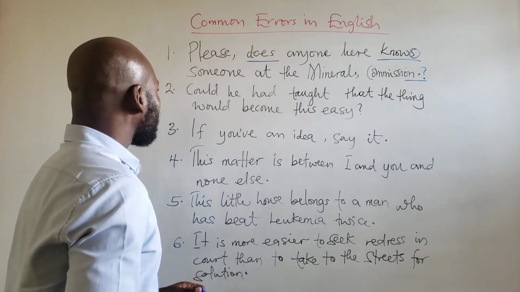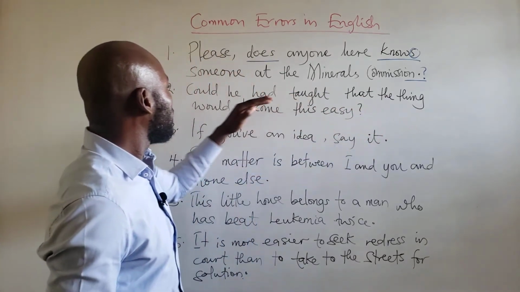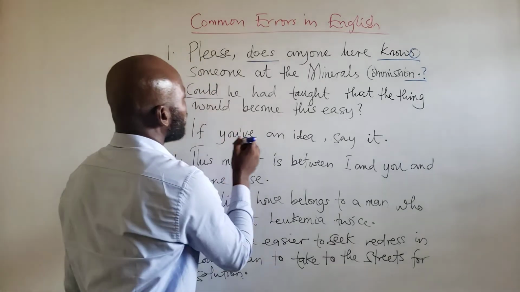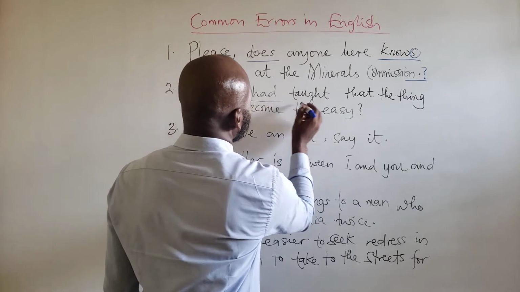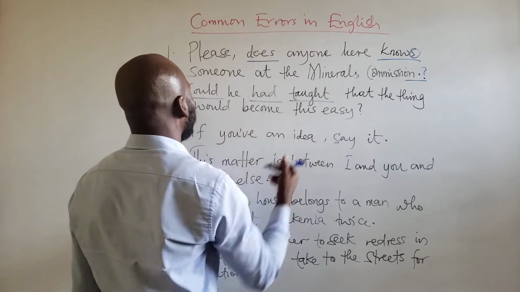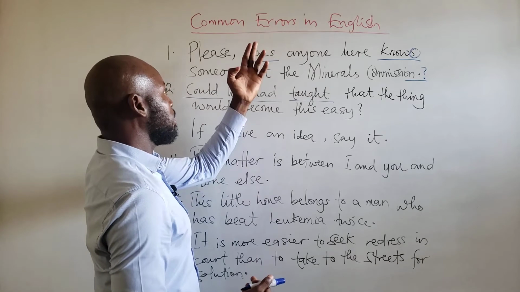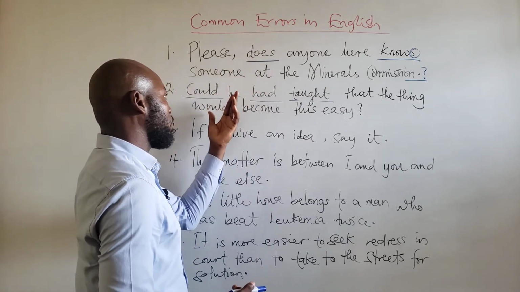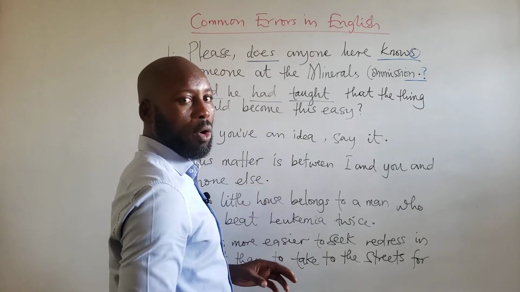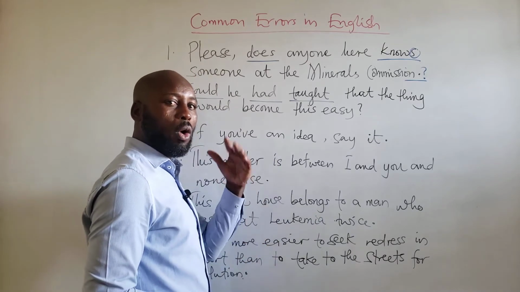Statement number 2. Could he had thought that the thing would become this easy? Could he had thought that the thing would become this easy? When we use the word could, the same principle that applied here is the same principle here. Whenever we are using any of the forms of the modal auxiliary, whether it is in the present or it is in the past,